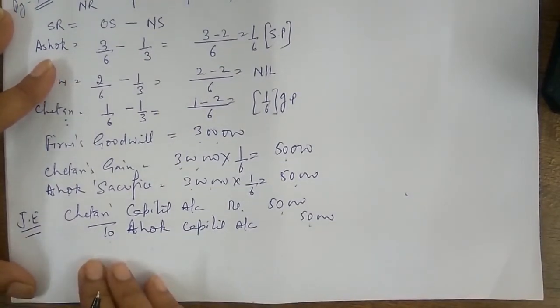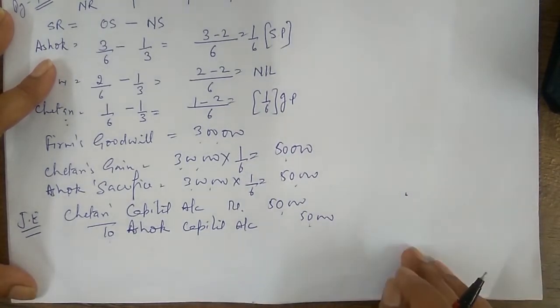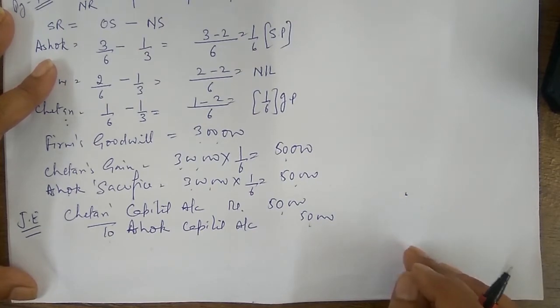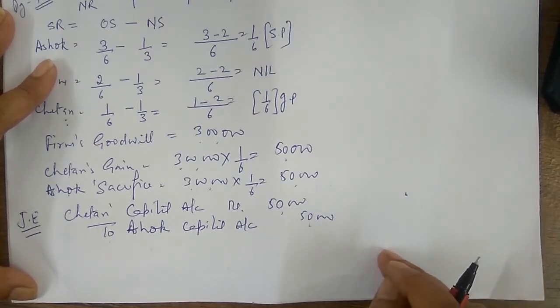It is given land be revalued 1,60,000, building be depreciated by 6%, creditors of 12,000 were not likely to be claimed and hence be written off. That means decrease in the value of creditors. Liability has decreased. Prepare revaluation account, prepare partners' capital account and balance sheet of the reconstituted firm.